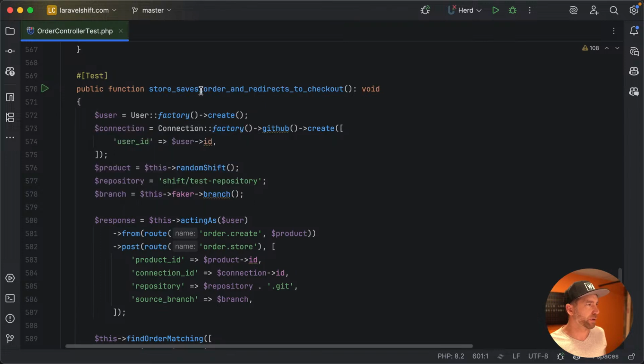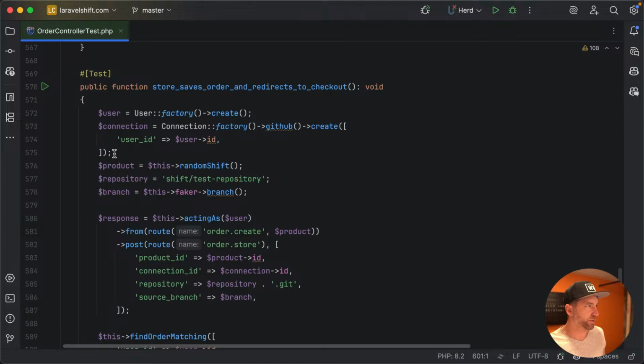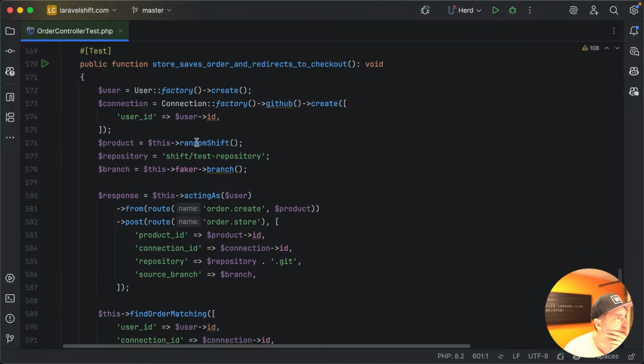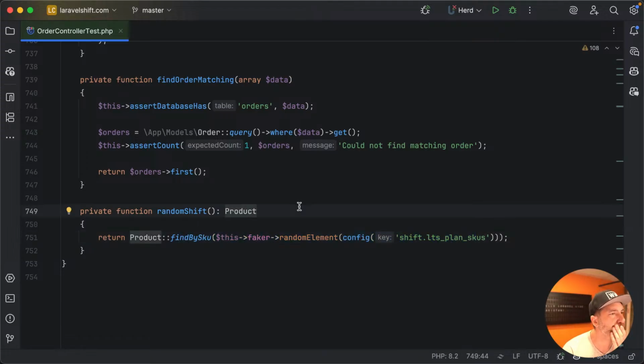So let's see what I'm actually attempting to check out with here. Supposedly, store saves an order and redirects to checkout. Okay, so I've got a user. I make a connection for that user. I make a random shift. Now this gets a paid shift. So what this leads me to believe is that one of the shifts inside of here